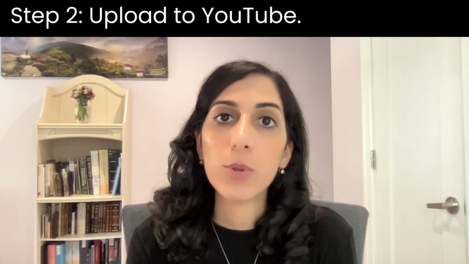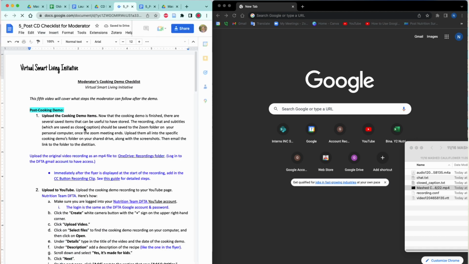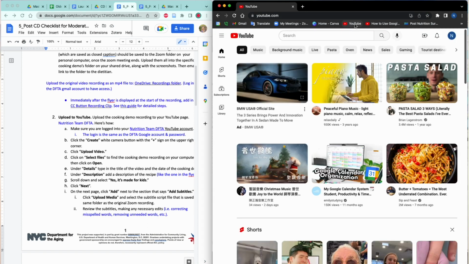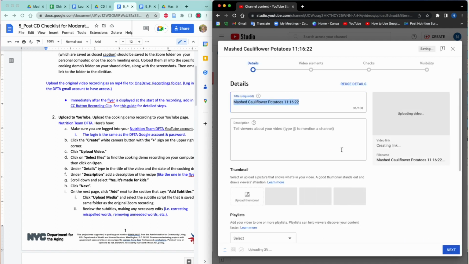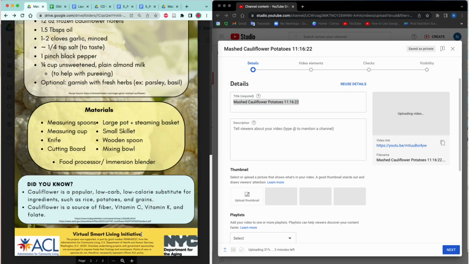Step 2. Upload to YouTube. Upload the cooking demo recording to your YouTube page. Make sure that you are logged into your YouTube account. Click the Create white camera button with the plus sign on the upper right-hand corner. Click Upload Video. Click on Select Files to find the cooking demo recording on your computer, and then click on